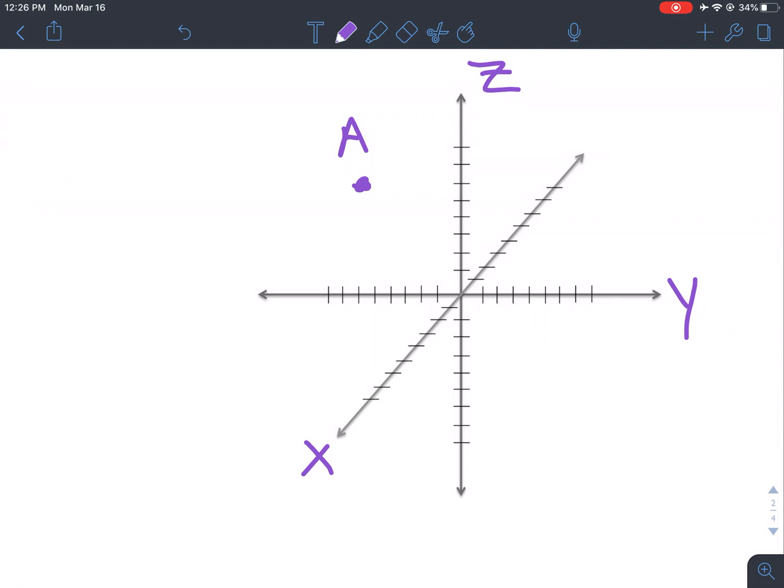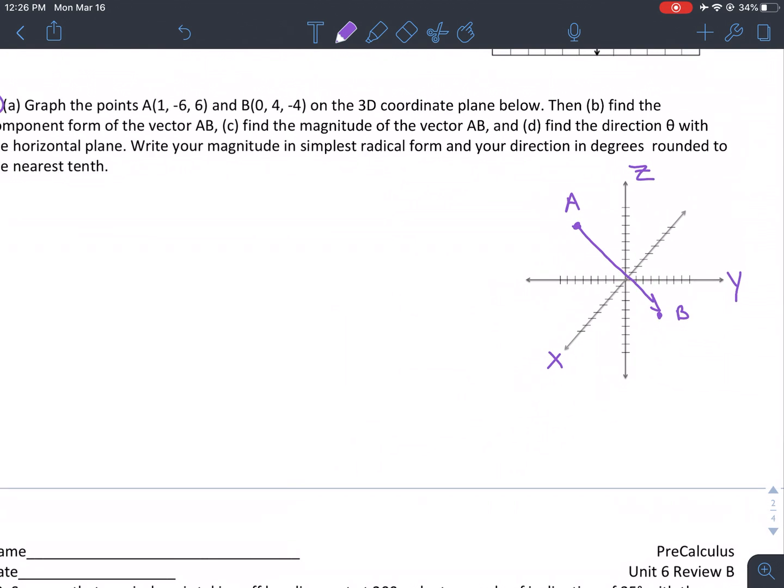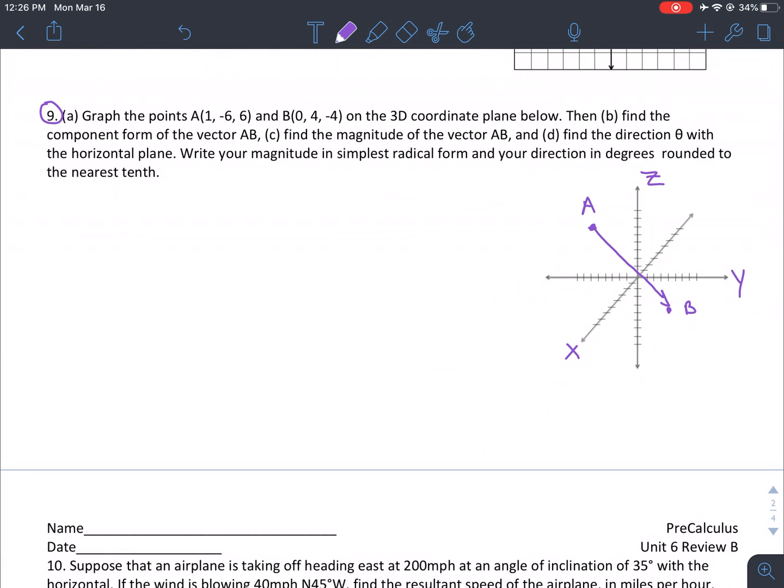For B, I don't have to go in or out of the diagram at all. And then I'm going to go 4 to the right, and then I'm going to go 4 down. So that's really on the ZY plane. So this particular vector starts out in space, out towards me, and then goes backwards into the iPad just a tiny bit, into the picture. B,